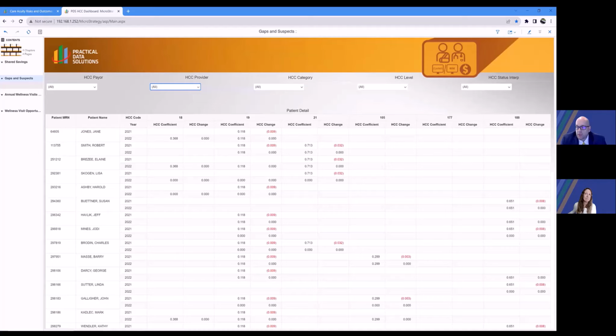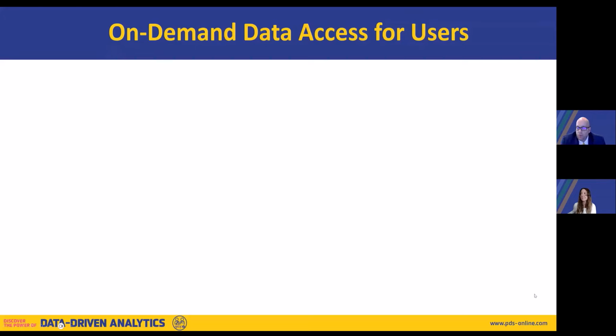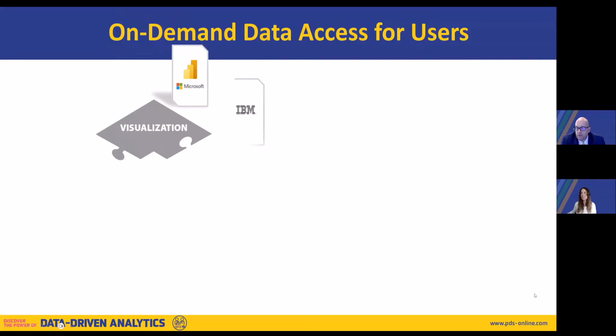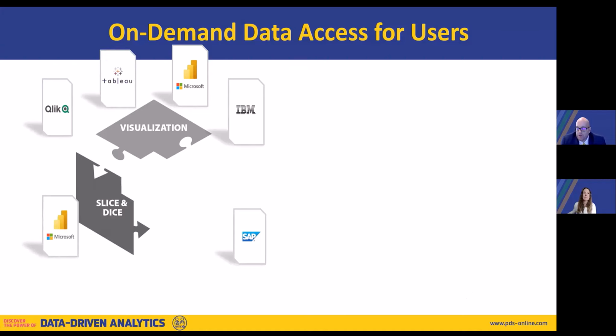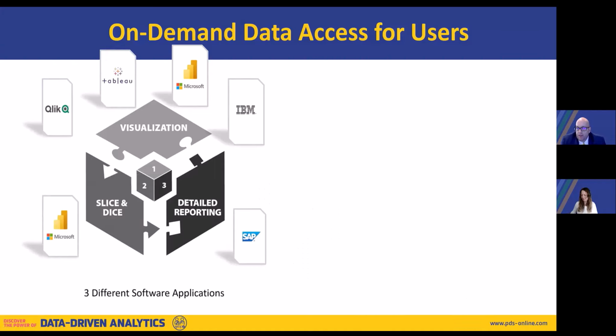Yeah, and I think this really speaks to the point, Kelly, of again, different people, different data. And it talks to what we call our analytics trio. What we mean by our analytics trio is that there's really three parts to analysis that's out there. There's the visualization piece, which is that high level. And we have a lot of clients that are utilizing Tableau or Qlik or Power BI to get to that